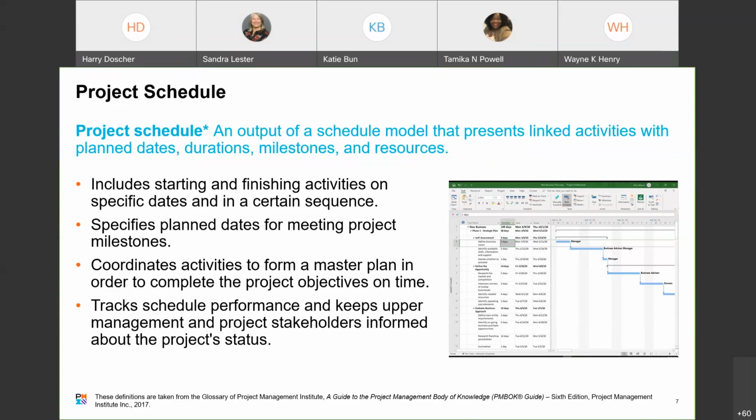Now that's all well and good if you've got a predictive model and a single team working on it, and they need to work on these features in a particular sequence. For agile projects, you really want to make sure that you have an architecture that supports an agile implementation, so that you will not necessarily see any finish to start relationships. There will be some, but for the most part, you're going to be able to do a lot more in parallel